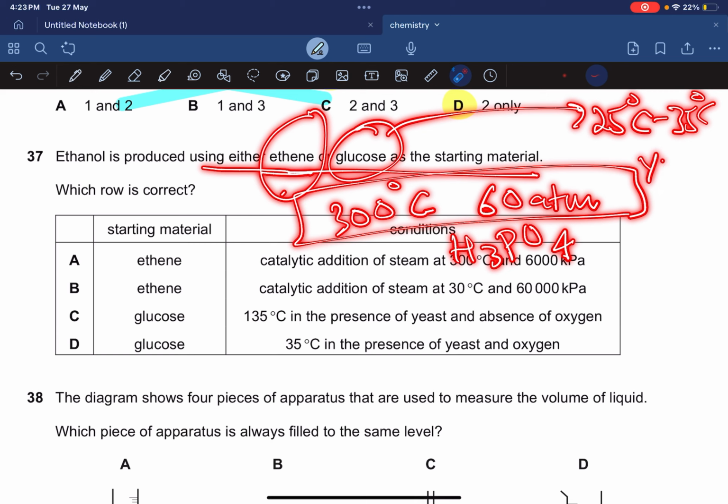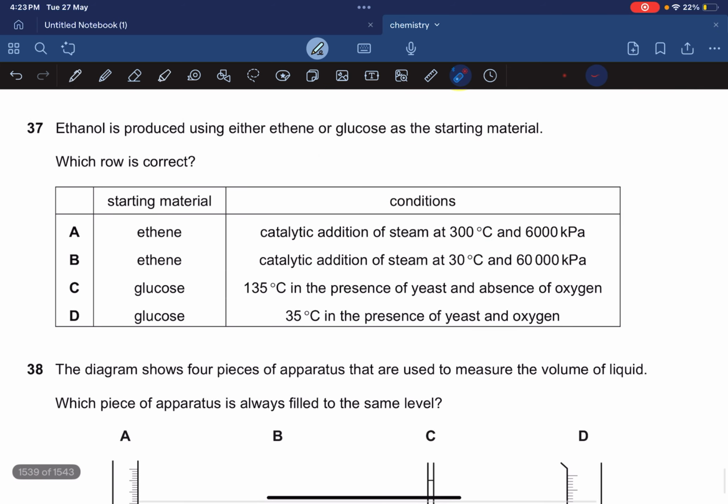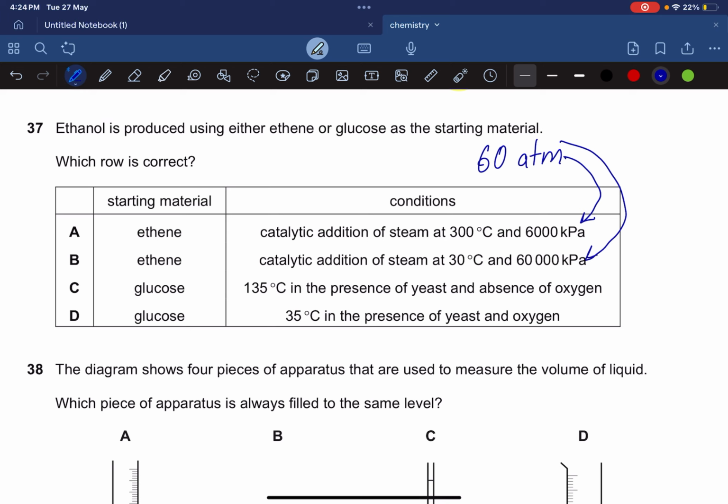You need your yeast, you need your anaerobic conditions, and you form ethanol and carbon dioxide gas. Okay, starting material for ethene is going to be catalytic addition of steam at 300 degrees Celsius and 60 kilopascals. Now one thing over here is that you need to know that you're taking 60 atm. Now you don't know your pressure in kilopascals, but it's fine, because over here this is wrong, so you know that it's going to be